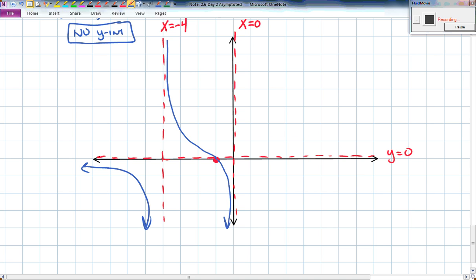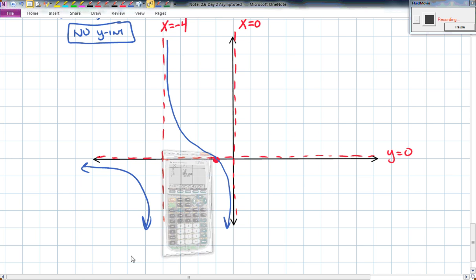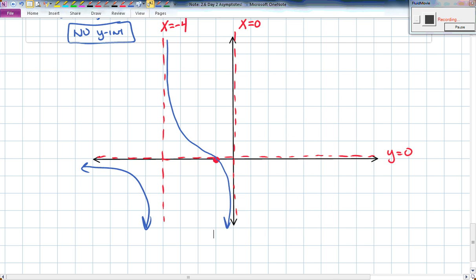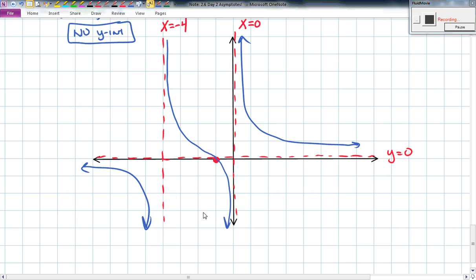Okay, and then finally in the 4th region, give me a point that's in that region over there somewhere. 1. Okay, good. Check it out. 1, 5, 7, doesn't matter. If I plug in a 1, I'll get something positive. Plug in a 5, I'll get something positive. 7, something positive. I'll get positive values everywhere. So that means it's above. So the only thing my function could be doing is doing something like that. Now you have earned the right, you guys. You have now earned